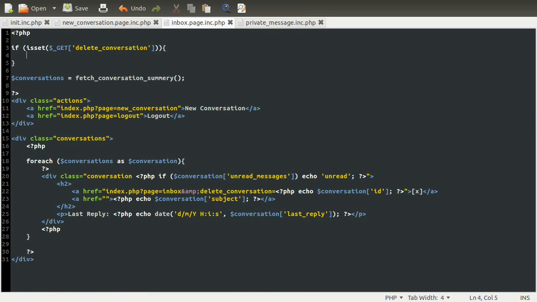So first check we're going to do is if validate conversation ID, which is a function that we haven't created yet, and all it's going to do is take a conversation ID as its parameter and return if the user is allowed to view that conversation, i.e. they are a member of that conversation. And that's the function we'll create in just a moment. And we're going to pass in the ID that they're trying to delete. So this is the same variable again, GET delete conversation. Okay. And if that is equal to false, it means they can't, or they're not a member of this conversation,